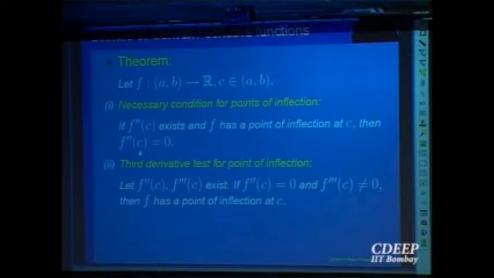For example, let us just see a proof of f double dash equal to 0. Yes, the second derivative exists and it is a point of inflection, and then it says the second derivative must be equal to 0. So I am given a point of inflection, right, and I want to say something about the second derivative at that point. So how should the proof start? You want to analyze the second derivative, so you have to look at the second derivative definition. So what is the second derivative at the point C? It is the limit of f prime of C plus h minus f prime at C divided by h, as h goes to 0, right?